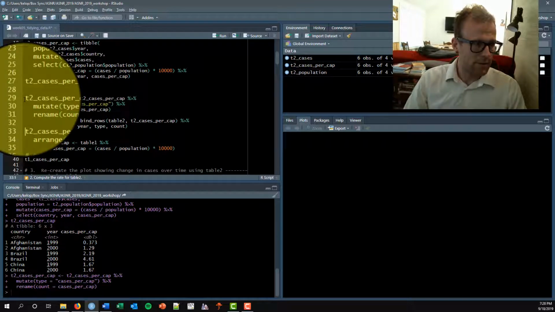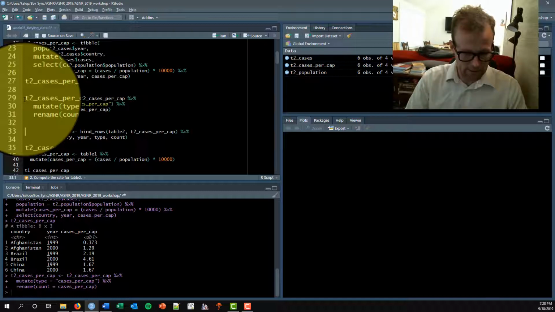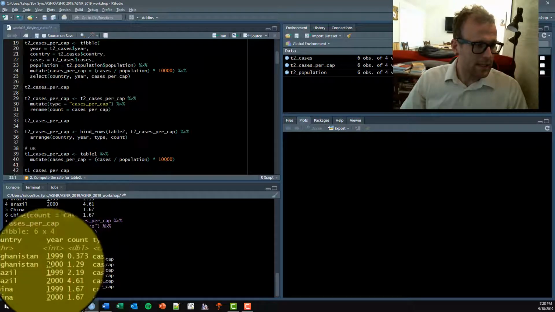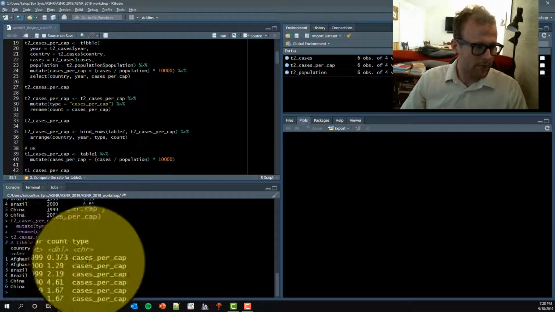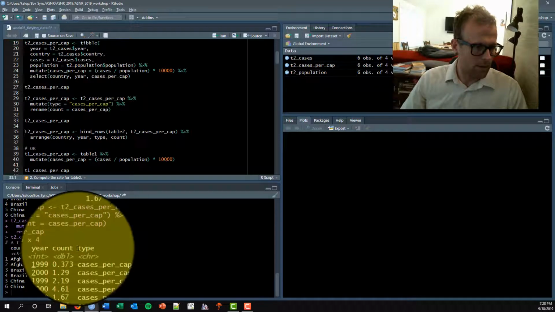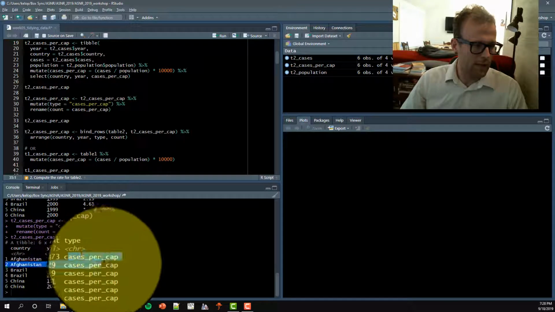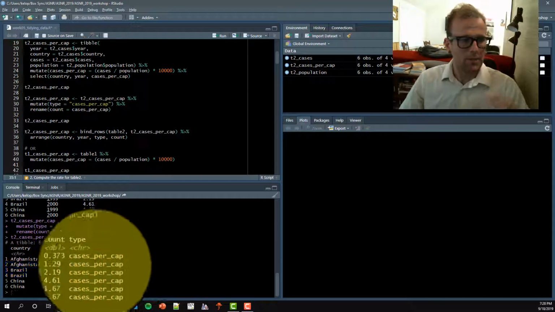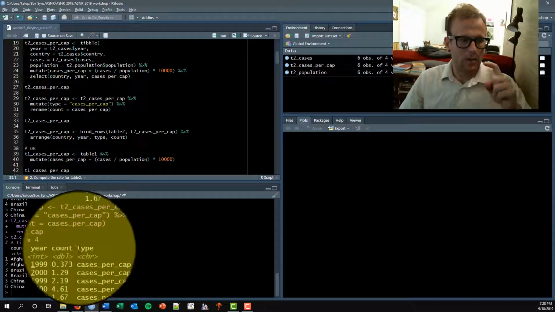So if I do that, we'll want to take a look at this again, and I can say T2 underscore cases per capita. You can see that now I have a variable which is called type, and every instance of that variable is called cases per capita. And the reason for doing this is that the original variable, if we go back to table 2,